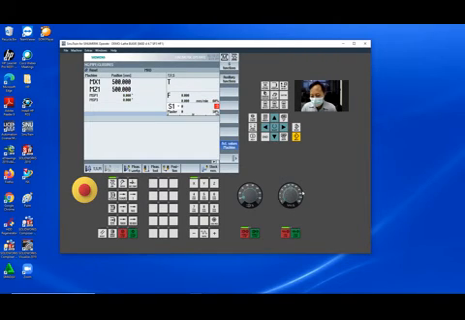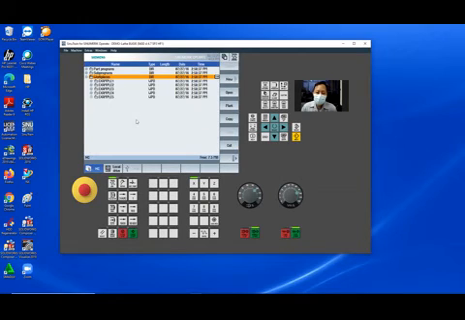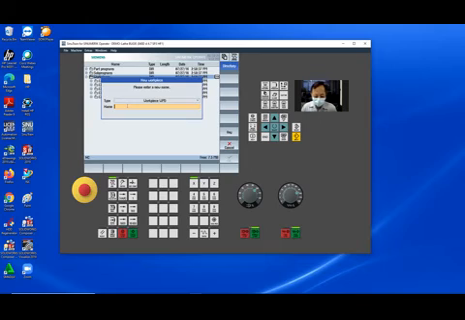You need to increase your feeding, 100%, and spindle start and feed start. We make a new folder like before. Job, my job. And start from exercise 1.